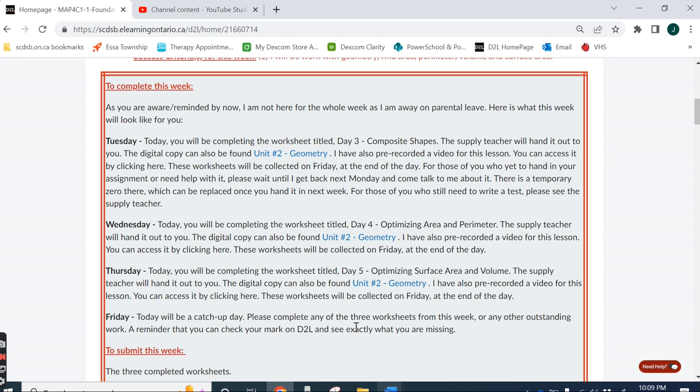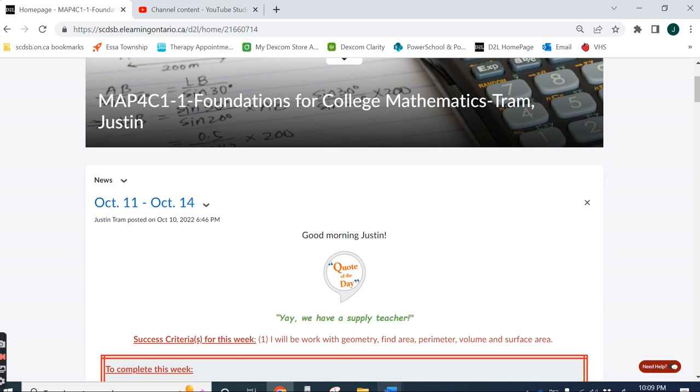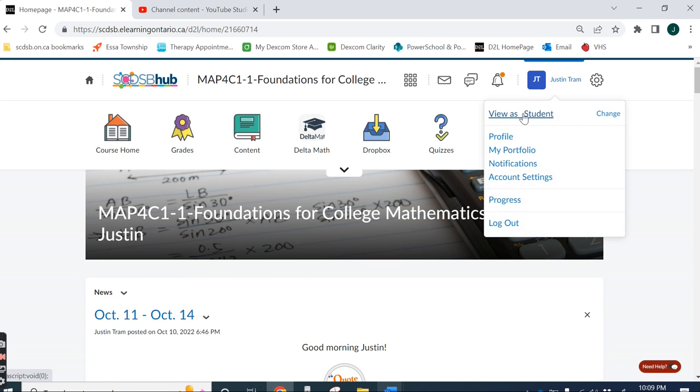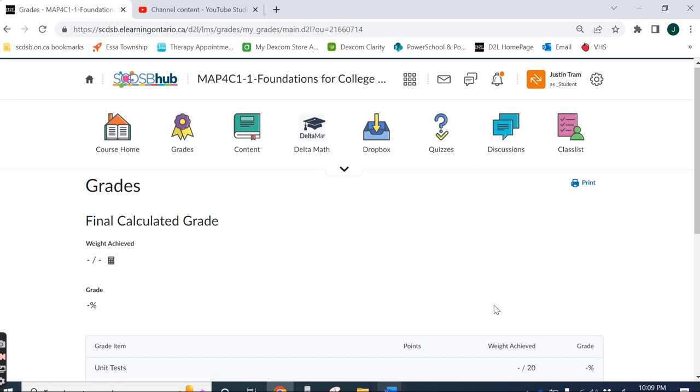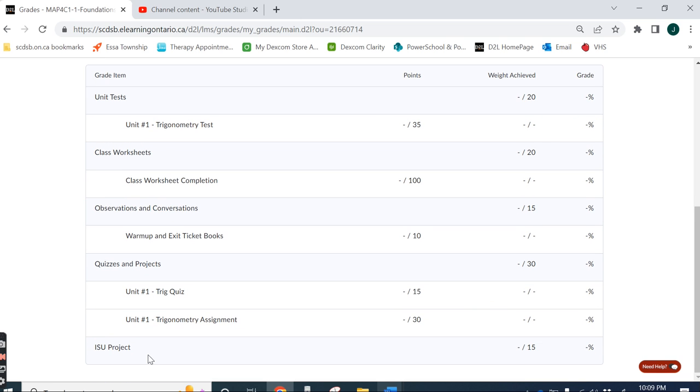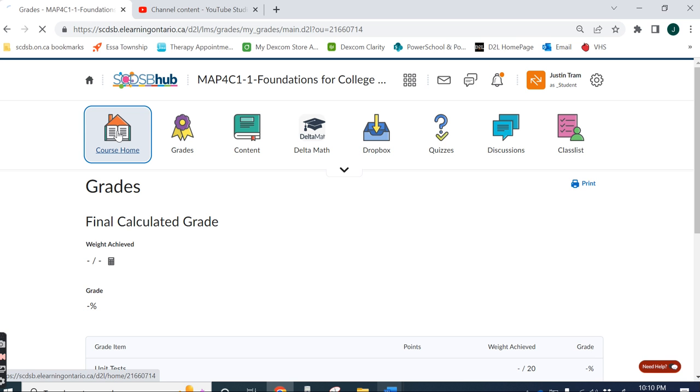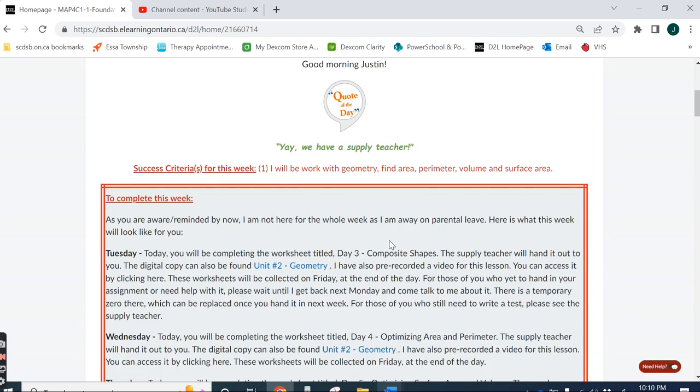For those of you who have already handed in, you should be able to now see, let me just view a student, you should be able to now see your trig assignment mark right there out of 30. Okay. Obviously, you should also see your test mark, class completion, which is these worksheets. Your warm-up and exit books obviously are not going to happen this week, so ignore them. And your 1 trig quiz. Okay. All right, so let's get started on today's stuff,